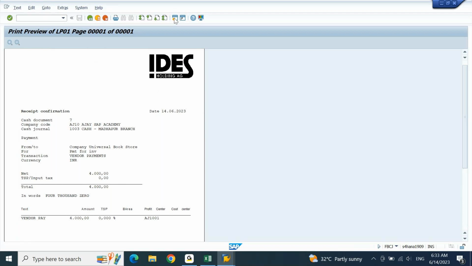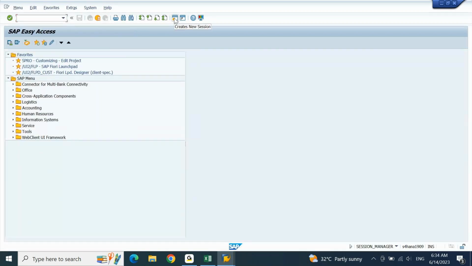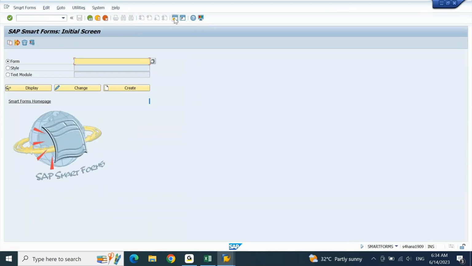Correct? Yes, sir. Now, to change that logo, you cannot change it from your side because this is a technical thing. There has to be program code written, for which you will have a transaction code, SMARTFORMS. This is the T code wherein your technical consultant, your ABAPer, will design a smart form. Okay, if you see any samples,